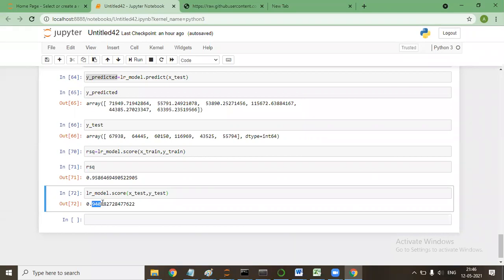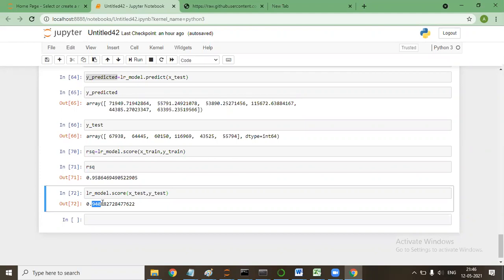So I'm not going into that right now. Sir, the output 71 is R square for the trained value and output 72 is the R square for the tested value, right? Come again. Output 71 is the R square of the model for the trained value.